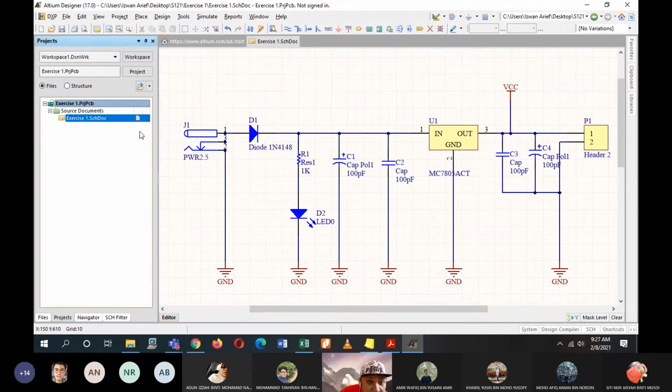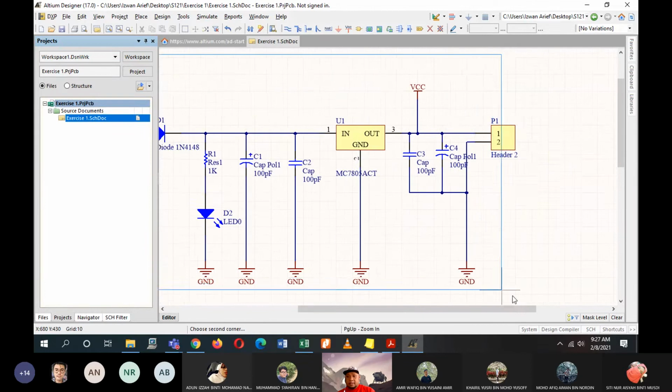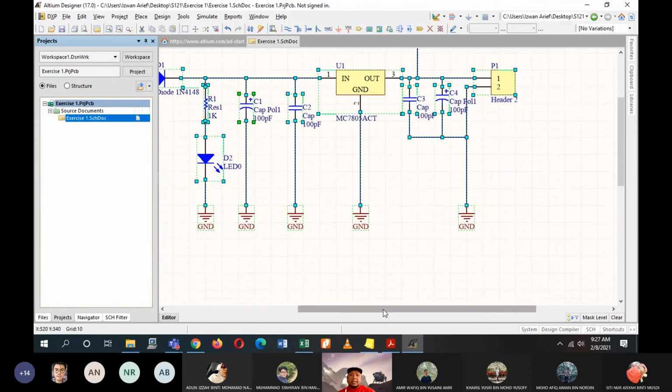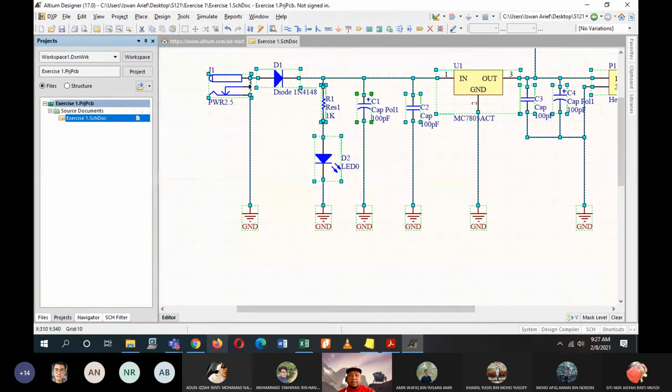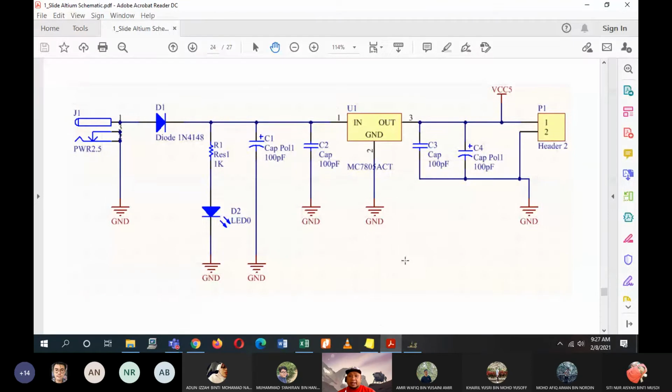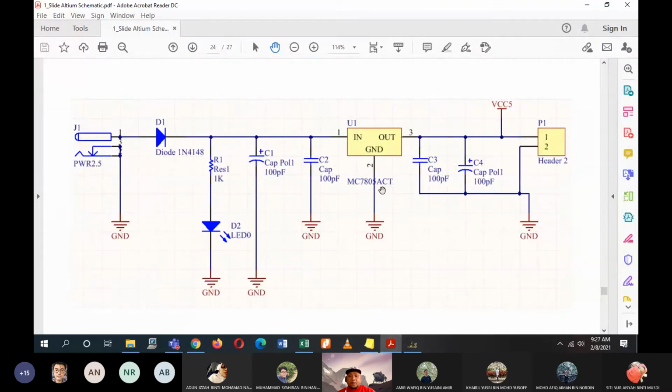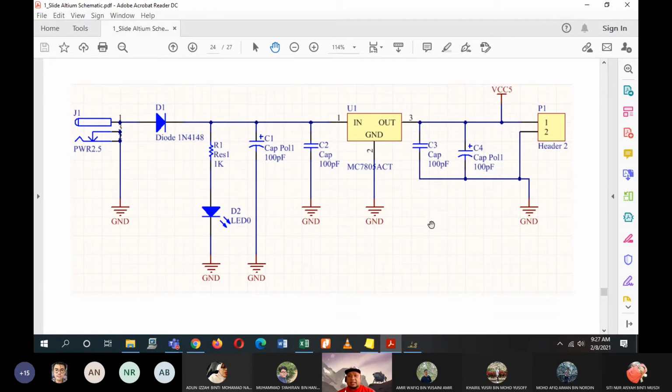I'm not sure what color this is, I assume it's black. It means that it has already been saved. There. That is your first circuit. So you have completed this first circuit as shown in the instruction here.